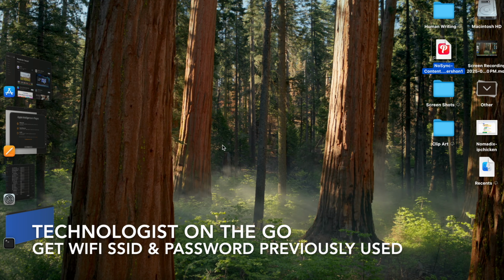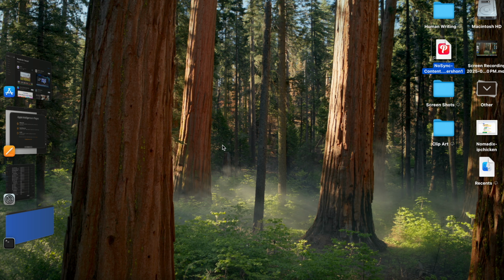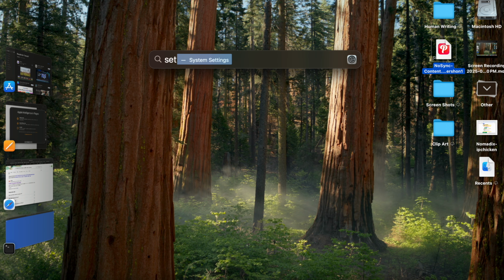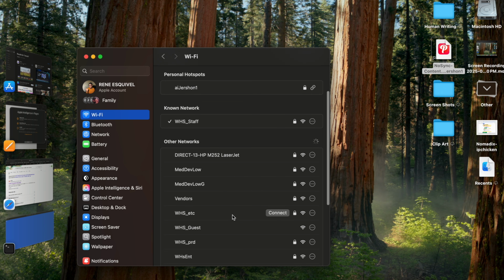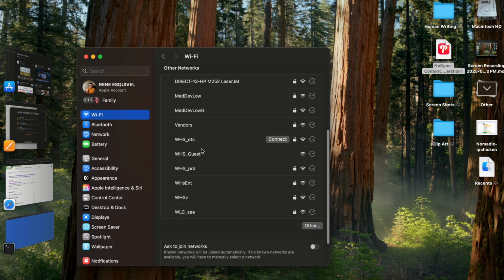The need arose for me to look up the SSID of our home router because someone in the home, attempting to be sneaky and get internet, factory reset the home router, which obviously dumped the new name of what our Wi-Fi SSID was. In order to recover the actual name of that SSID, I had to go into settings, then Wi-Fi. Now I didn't see that Wi-Fi address to begin with because